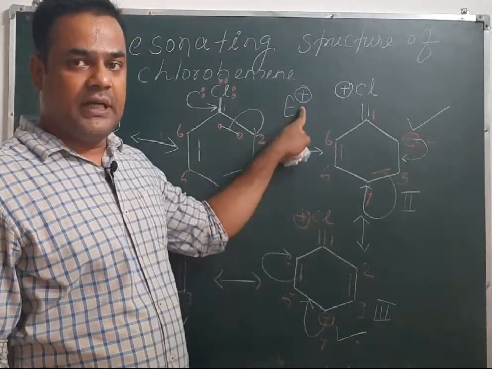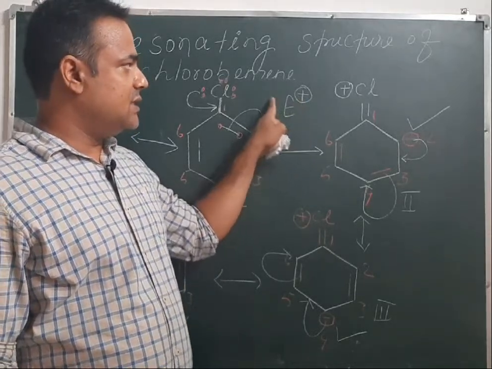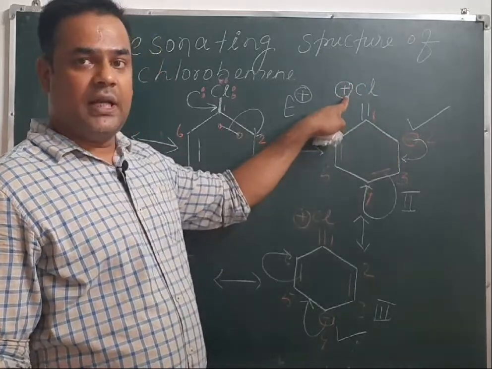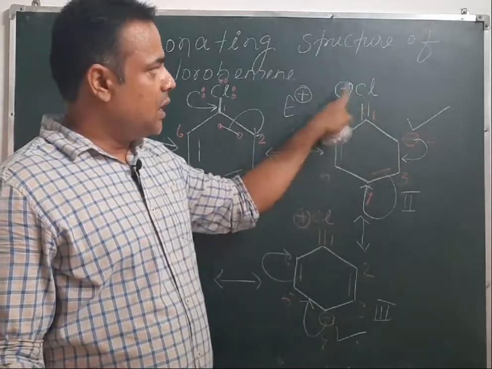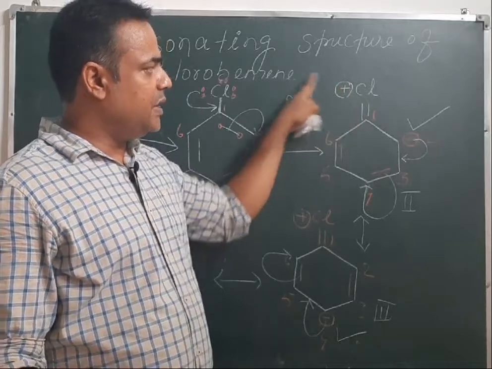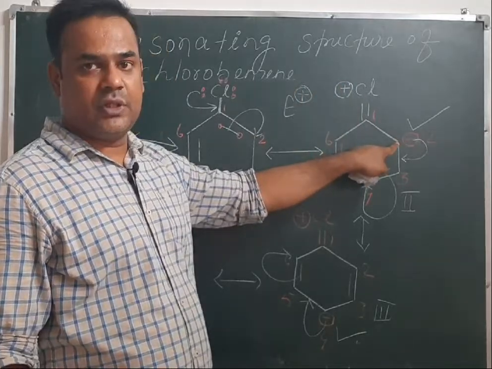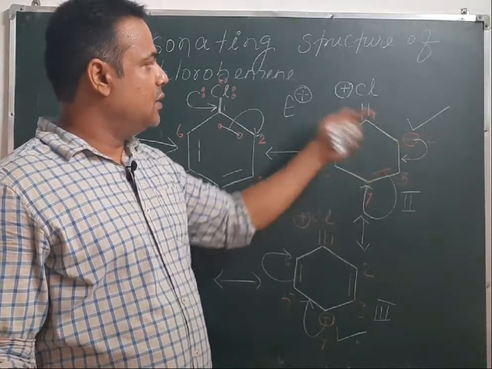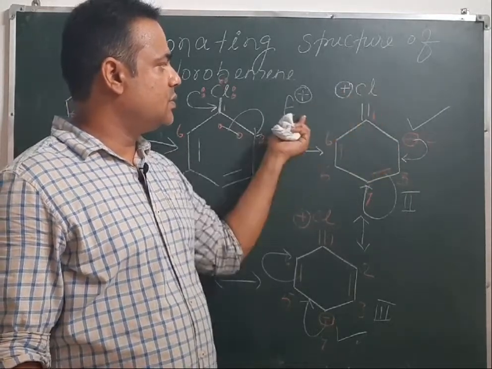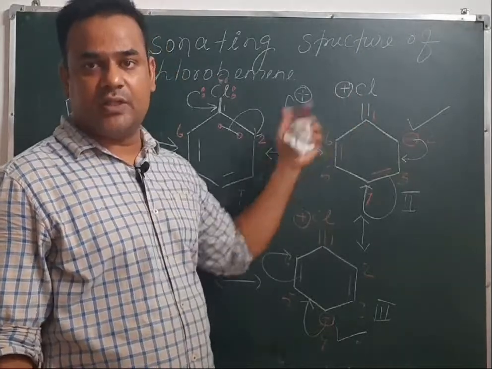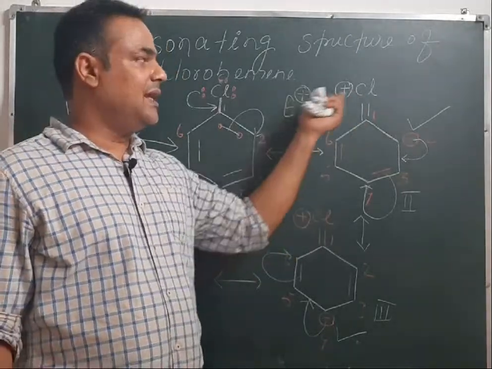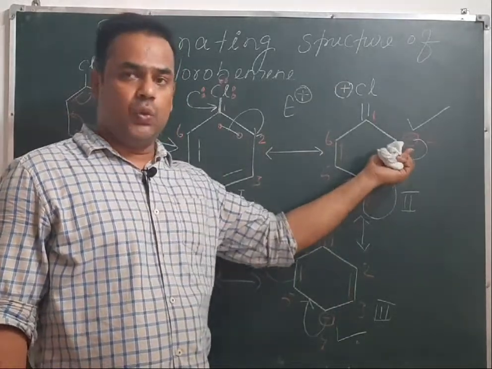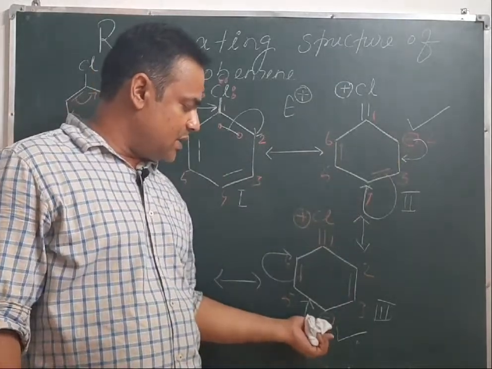If we see the charge on the electrophile, it is positively charged, and when this electrophile approaches the carbon atom, and this chlorine has also acquired positive charge, because of the same charge there will be repulsion at the second position. This is called electronic repulsion, and these groups will also sterically repel each other. So due to this steric and electronic repulsion, less electrophile attacks carbon number 2,